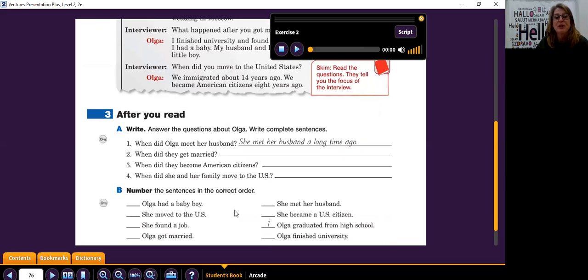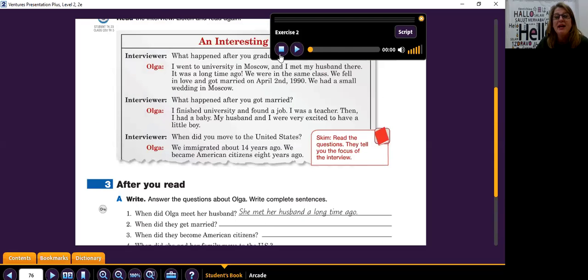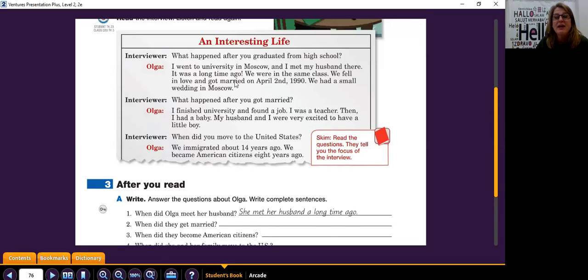Okay, so here we go. After we read, which we just did, now we are going to answer the questions about Olga writing incomplete sentences. So question number 1, let's read this together. When did Olga meet her husband? Okay, so we have to go back and look. Let me get rid of this here, sorry. We have to go back and look